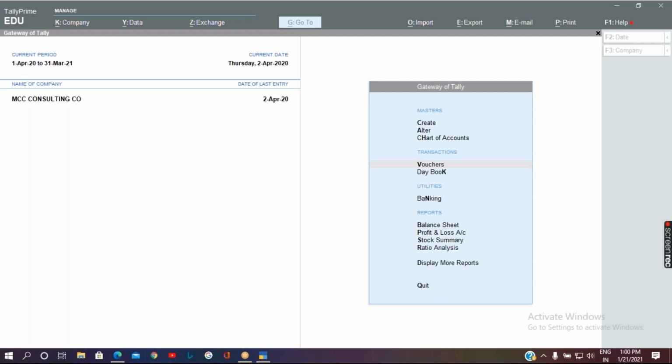So for the first quarter, you are supposed to do the return filing by the next month, the last date. So same way for all the quarters.